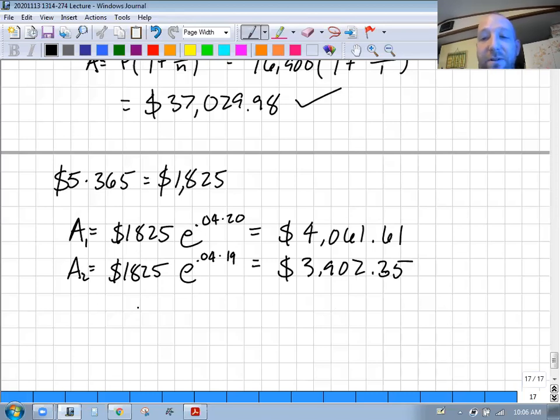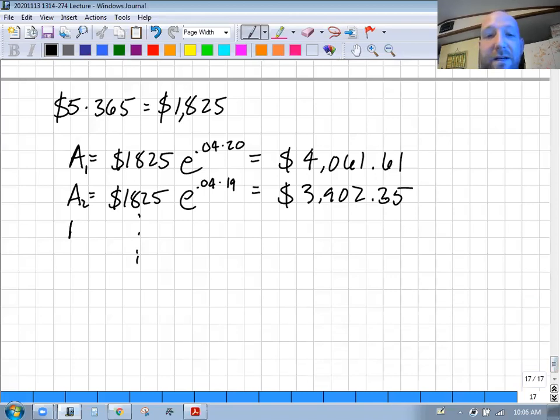So if we kept doing that for 20 years, A sub 3, that one's going to be in there for 18 years. All right, let's see. We'll see how much it's dropping by each time. So 0.04 times 18, e to the times 1825,